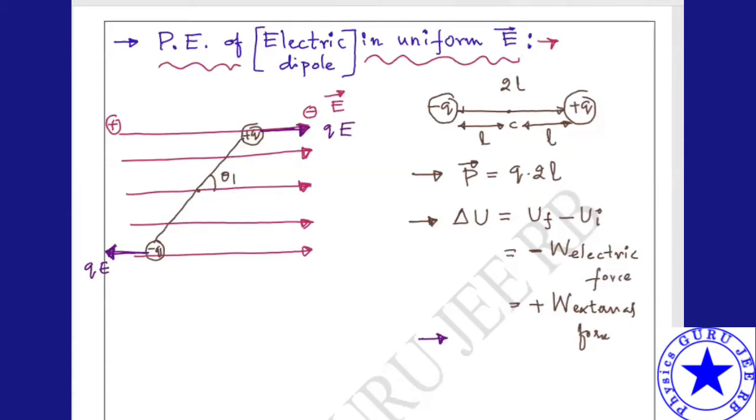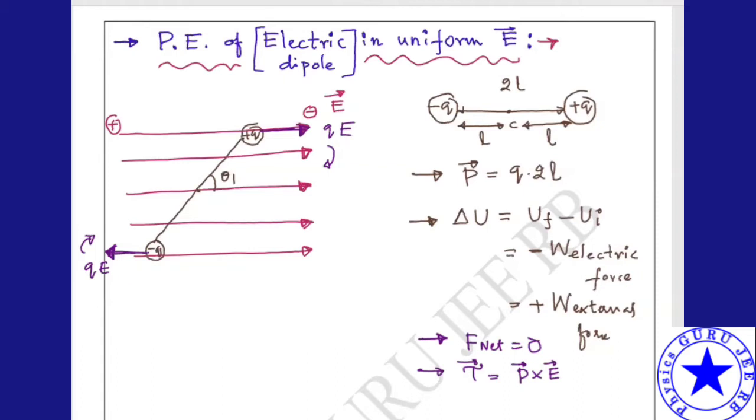Now, first the net force is 0. As we just discussed, the net force will be 0, so it will be in translational equilibrium. Next, torque. Definitely torque will act on the system. Torque can be written as P cross E. Why P cross E? Just now we discussed, right? So torque is nothing but P cross E. Fine. So will it move clockwise or anti-clockwise? It will move in clockwise direction. Immediately it will try to move in clockwise direction. Now that is due to what? Electric force, which is nothing but a conservative force.